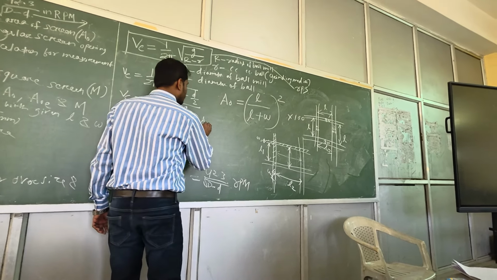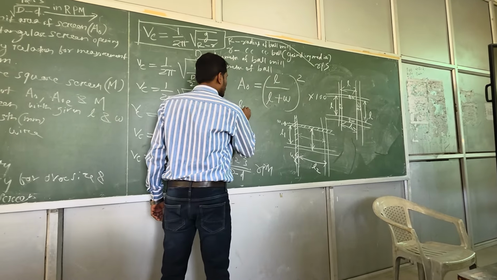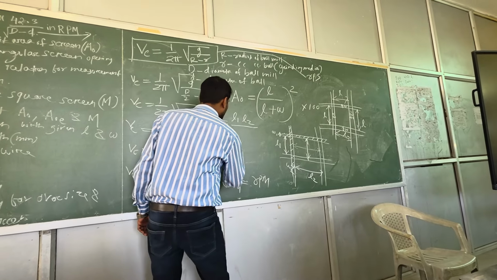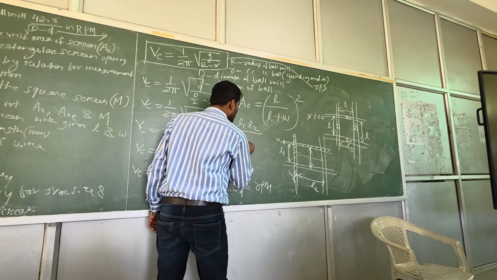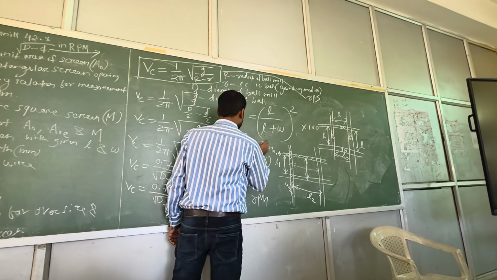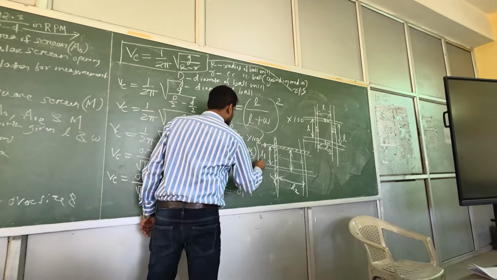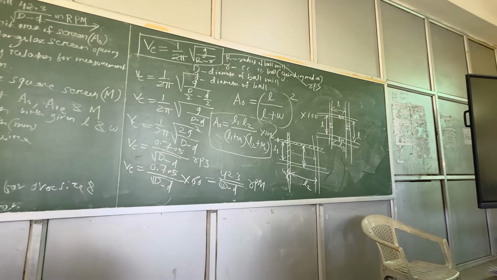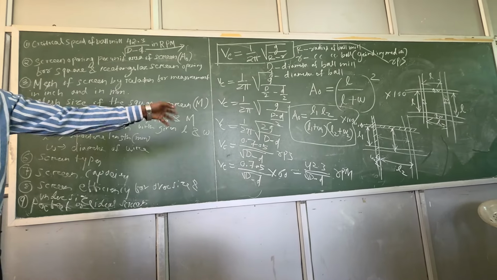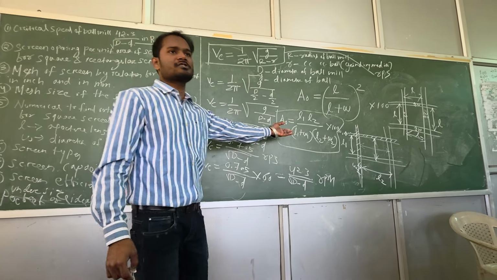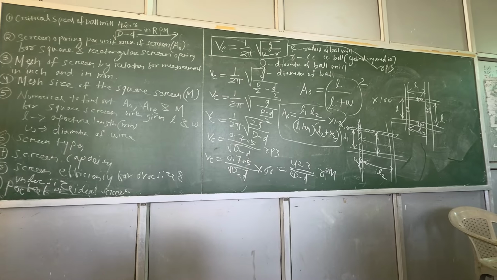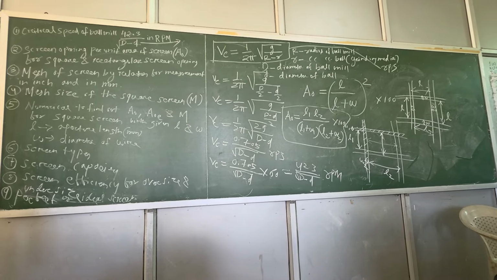So the area opening for a rectangular screen will be equal to L1 L2 divided by (L1 plus W1) multiplied by (L2 plus W2), into 100. So this is the formula for a rectangular screen. You might get a simple numerical: find out the percentage area opening in a square screen or in a rectangular screen. You can use this simple formula. This is also essential for your GATE exam. You might get some numerical related to this in the GATE exam.